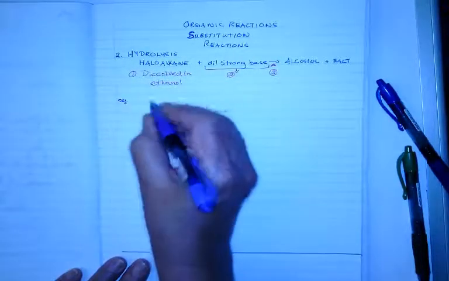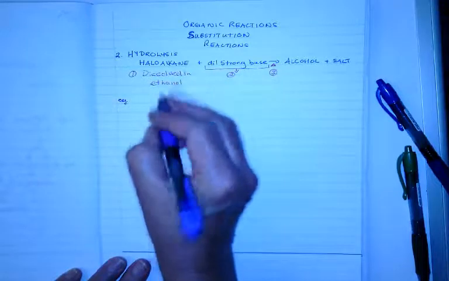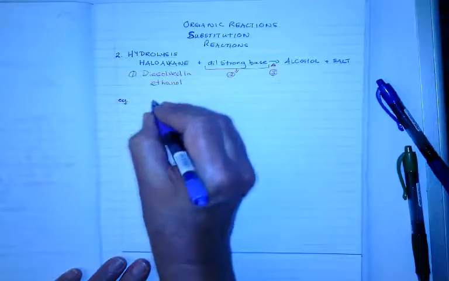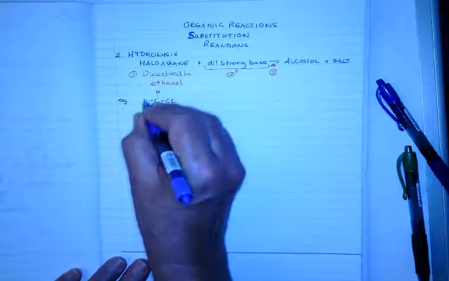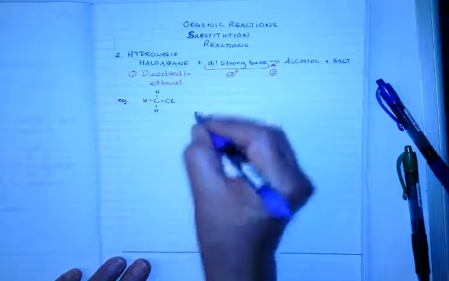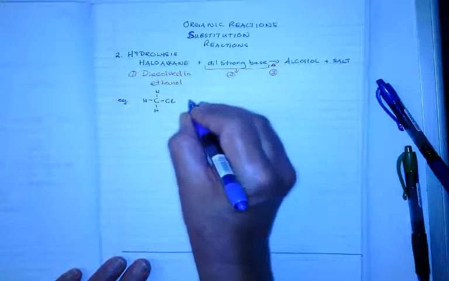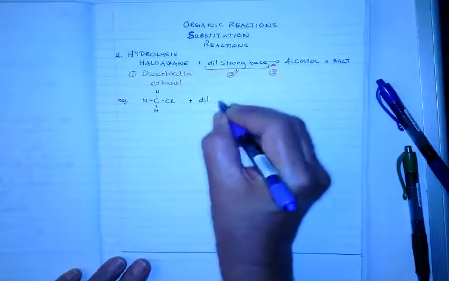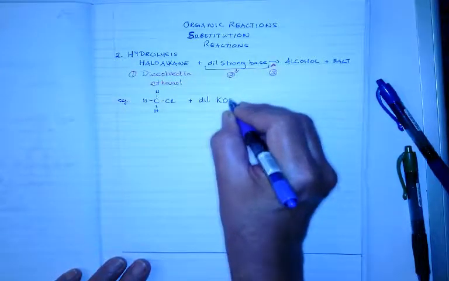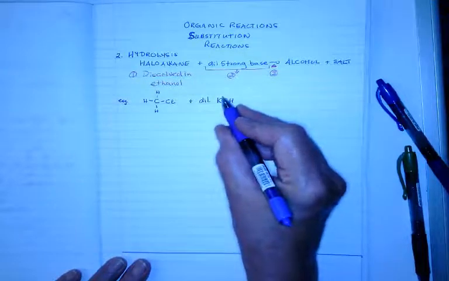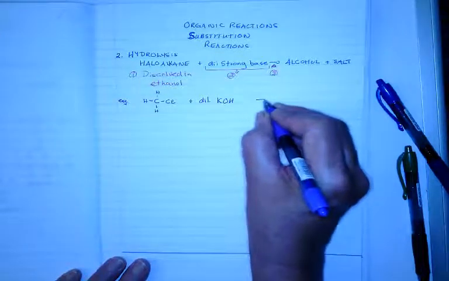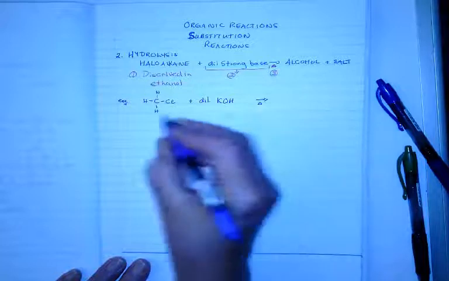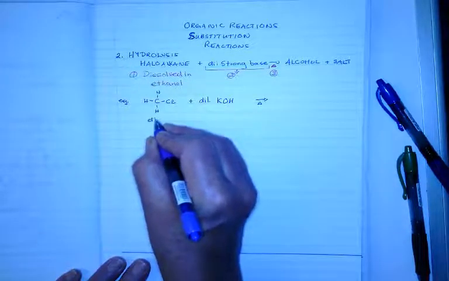Our example, we will look at the hydrolysis of, now it's got to be a haloalkane, and in the previous video we had chloromethane, so it's the chlorine joined to a carbon with its 3 hydrogens, and in the presence of dilute, I'm going to use potassium hydroxide. Now the potassium hydroxide has a potassium plus ion and a hydroxyl group. In the presence of heat and with this dissolved in ethanol,